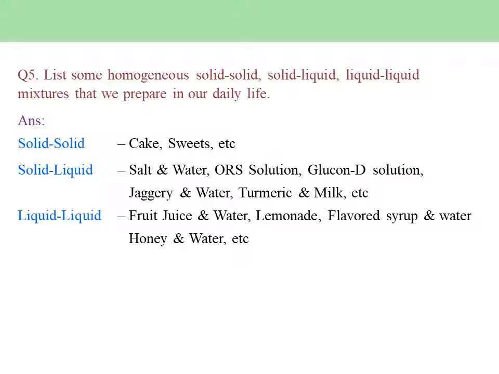So can you see that where solid-liquid mixtures and liquid mixtures are there, we are basically a part of these components, either using them with the information or without the information. All right.